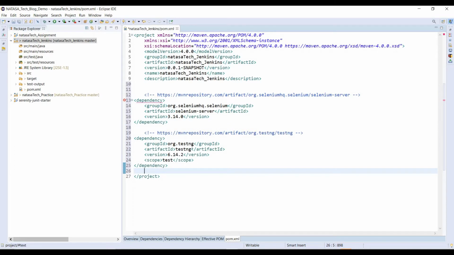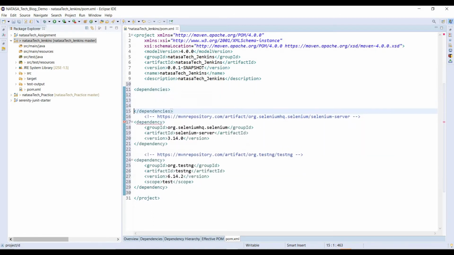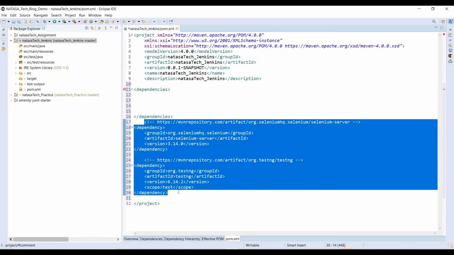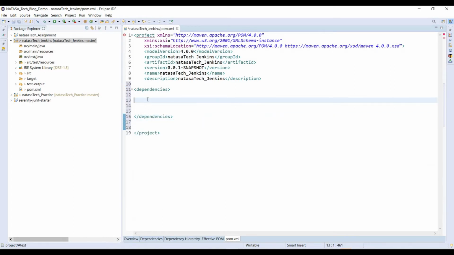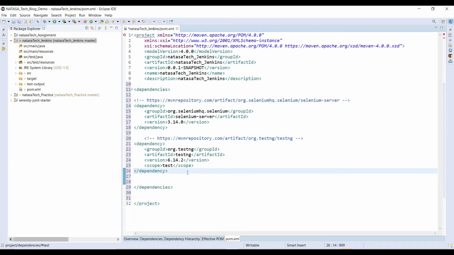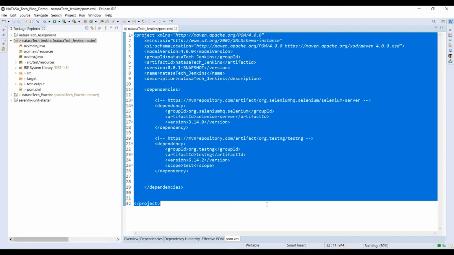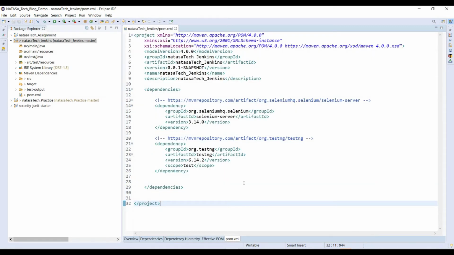Now we are adding two dependencies. So before this, I open the dependencies tag, because we are adding more than one dependency, for that reason I open the dependencies tag. Then you paste it here. Okay, Control A, Control I for alignment. Click on save. There you can find the building process going on.